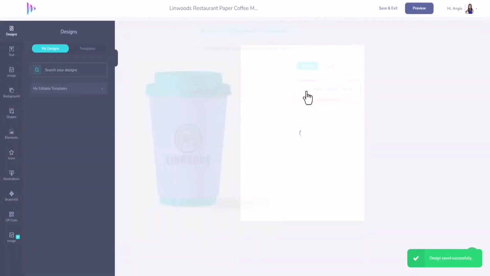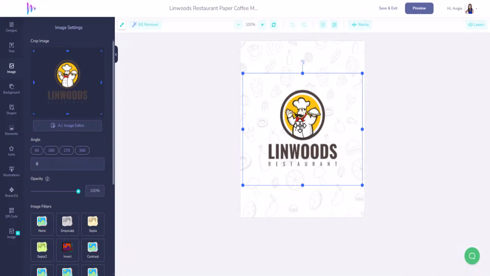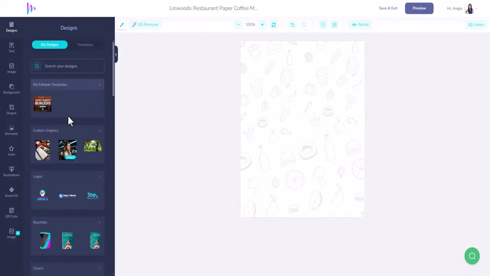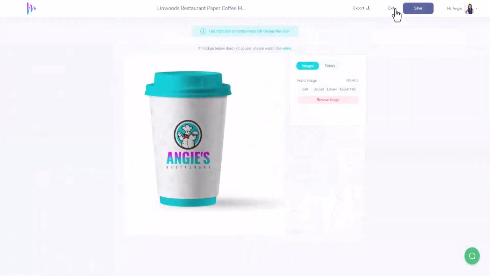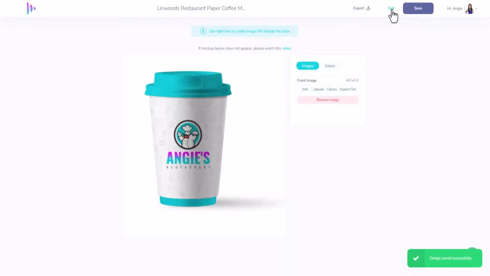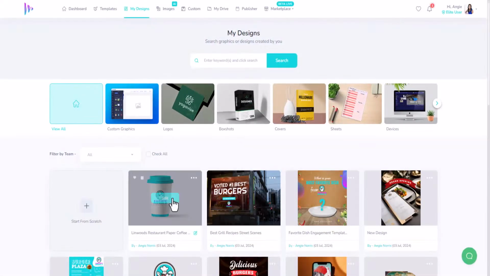and then click on edit. Let's take out that. Let's put my logo, put use, Angie's, and save and exit. Okay, that was really easy, right? Let's go ahead and click save and hit exit. And that looks pretty good. Now, if we wanted to, we could make something really cool. Like we can go to a template,